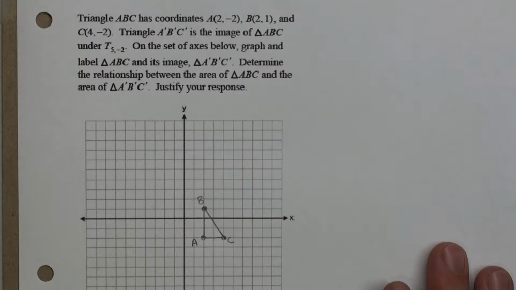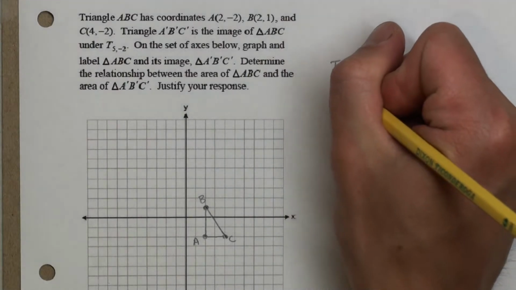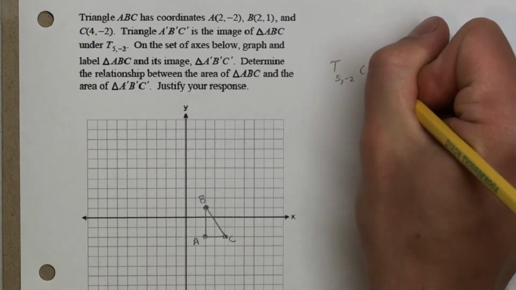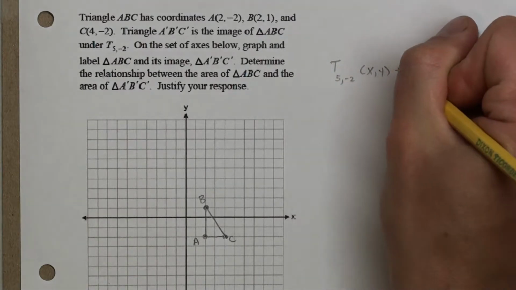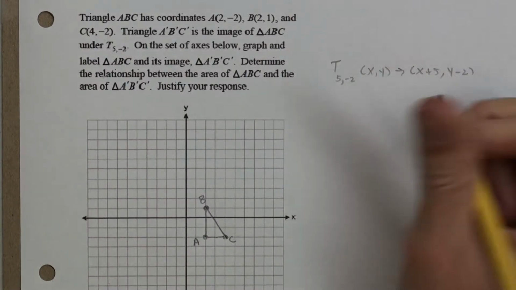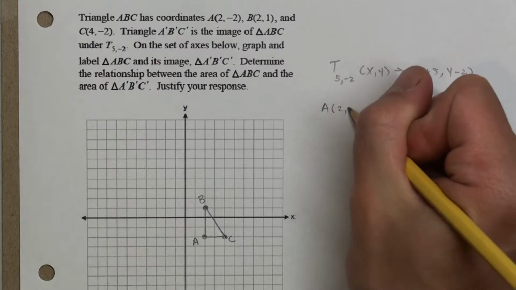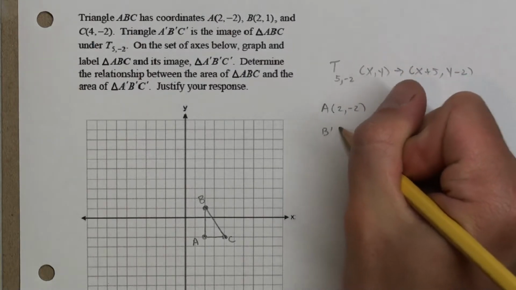Okay. When we do a translation of (5, -2), it takes (x, y) and makes it (x + 5, y - 2). So if I have the coordinates that they gave me that I just plotted,